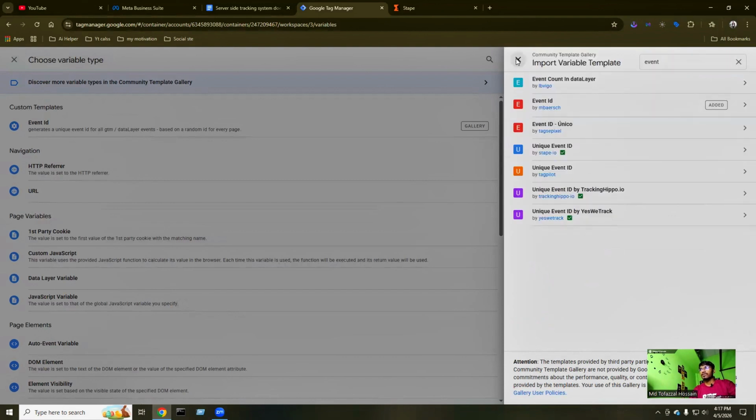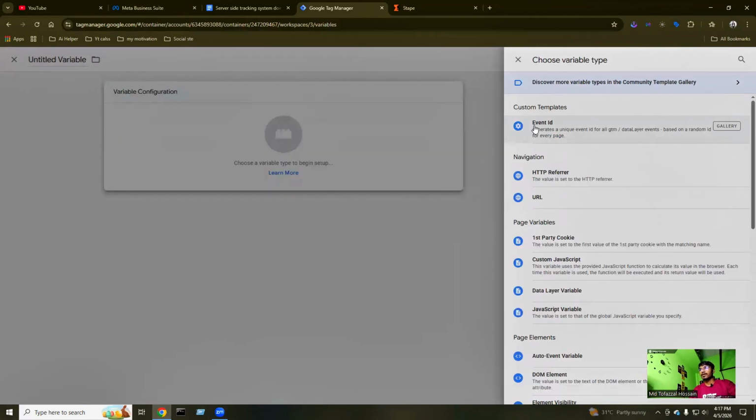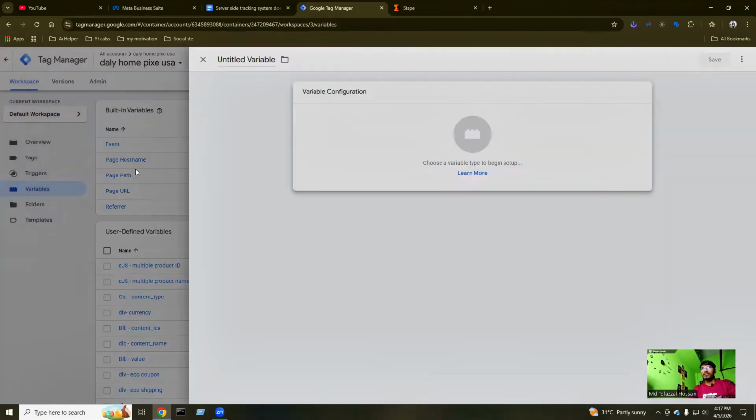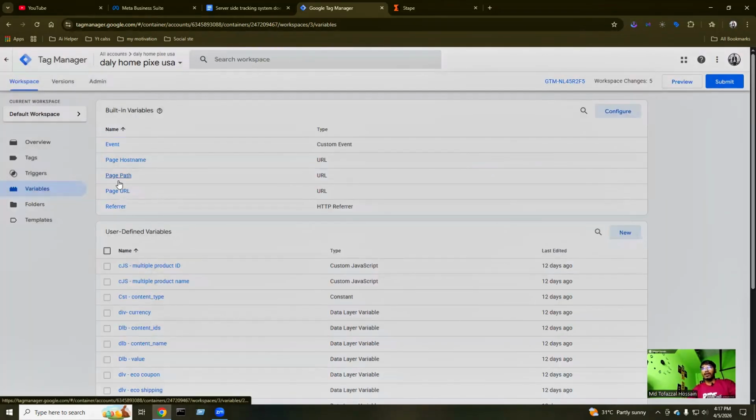I already have this event ID, so I don't need to install it. If you don't have it, you can install it through this process. So this is the process, and again I'm back on my tag